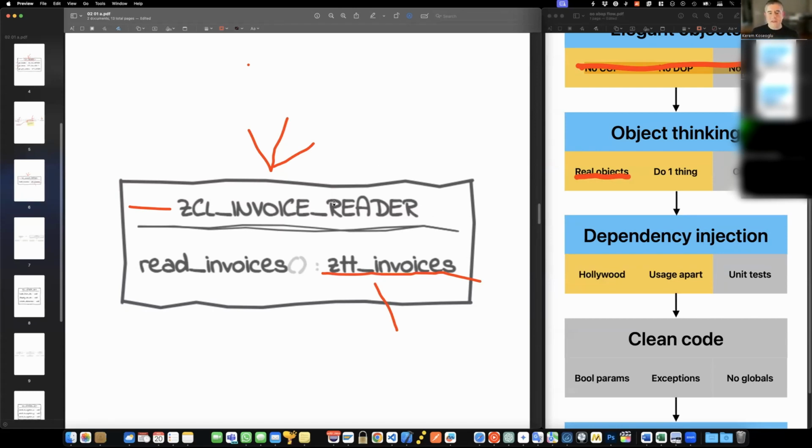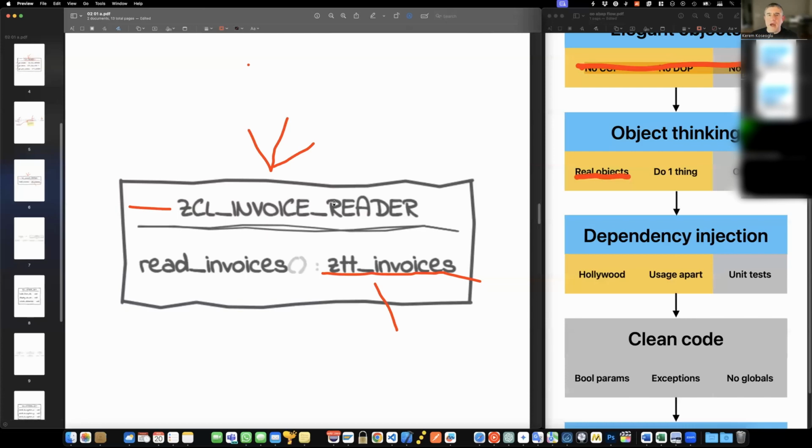So this class is actually not a best practice. Despite the fact that it looks good, it's a simple class, and the name is understandable, this is still not a good class. This object, in my opinion, does not qualify to be a class, to be a citizen of the SAP system, if you want. Why? Because what is an invoice reader?